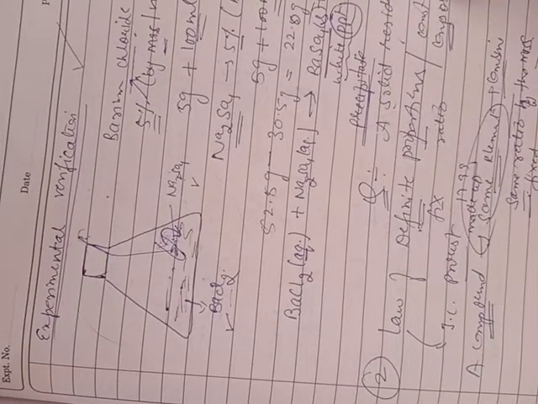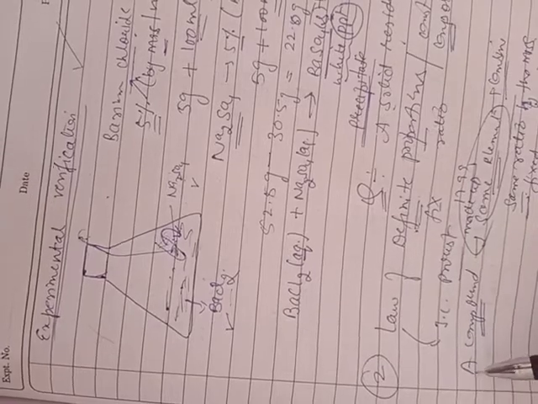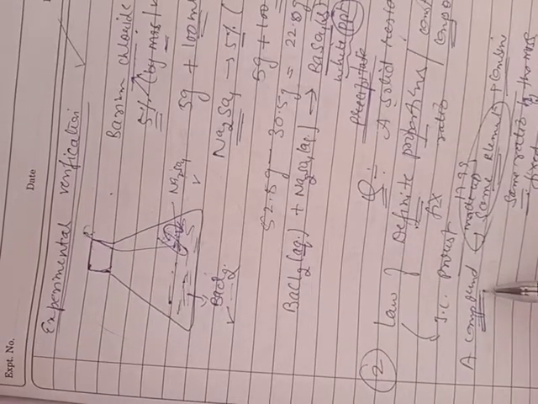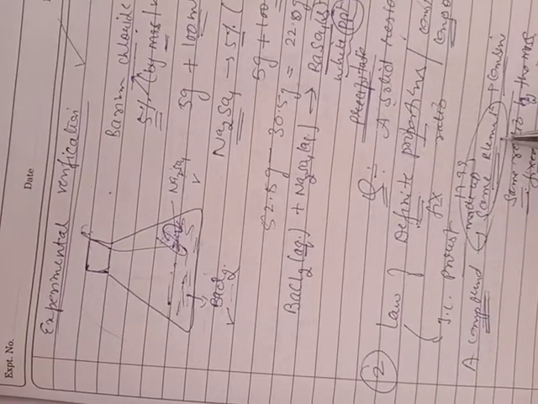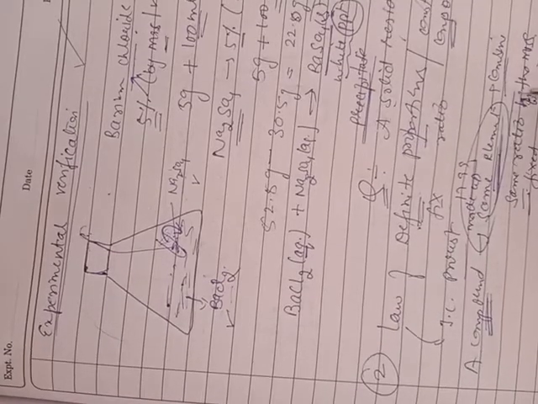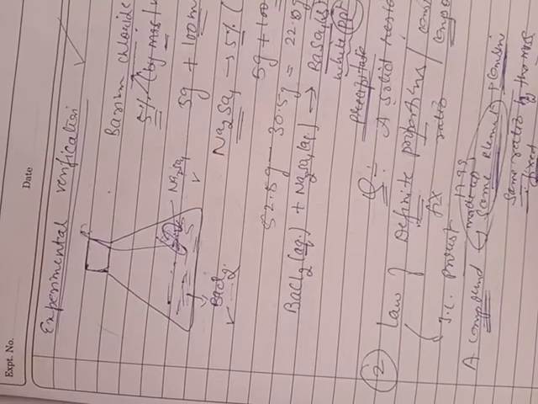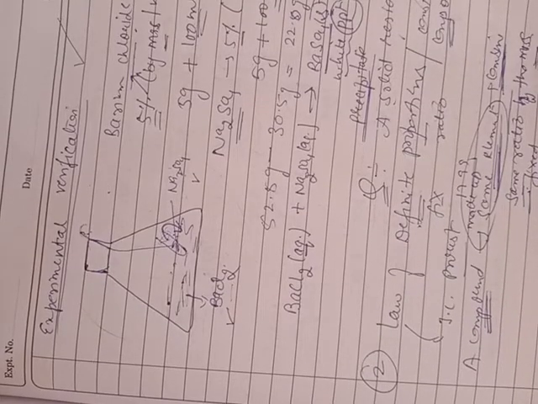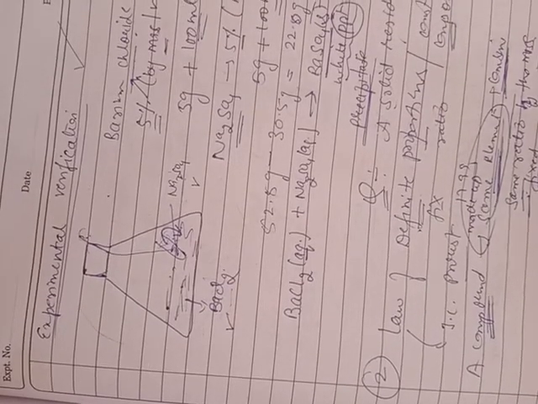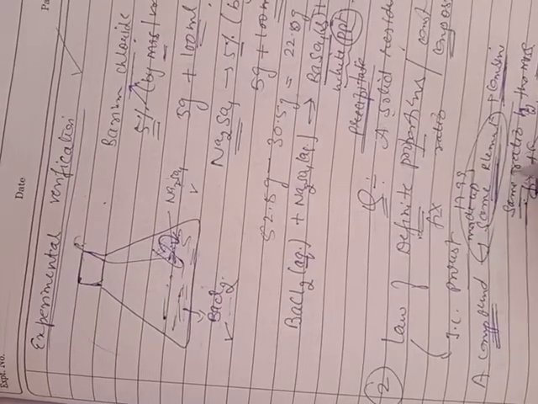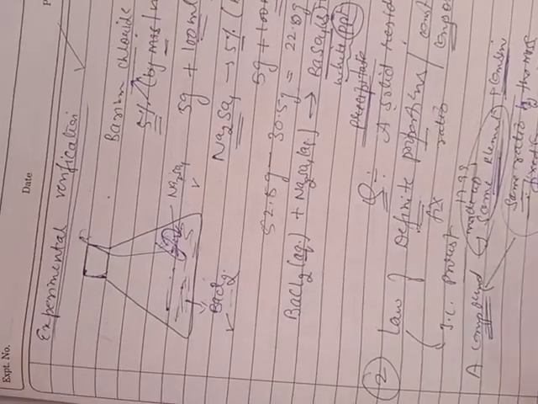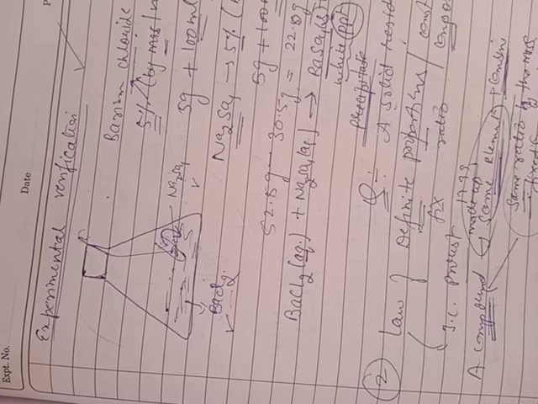I repeat it again. This law states that a chemical compound is always made by combination of the same elements, and these elements always combine in the same fixed ratio by their masses. जो भी elements combine करेंगे उनके जो mass का ratio आएगा, that will remain fixed for that particular element. Clear? How can we illustrate this law of constant composition?